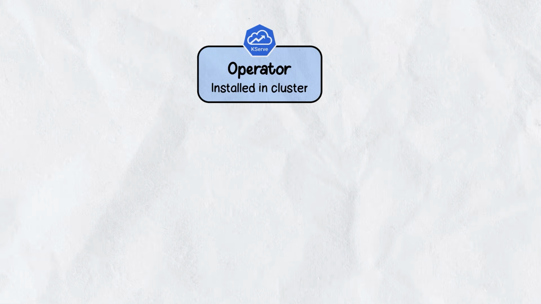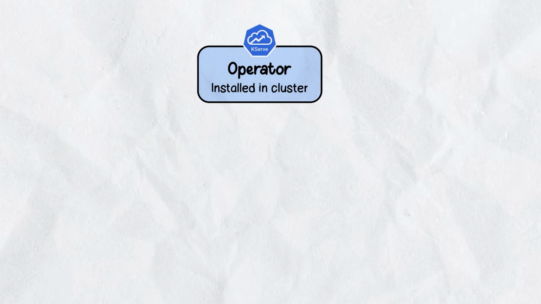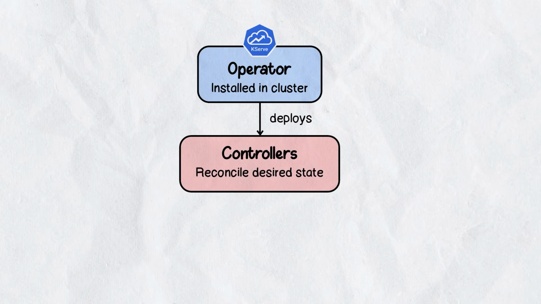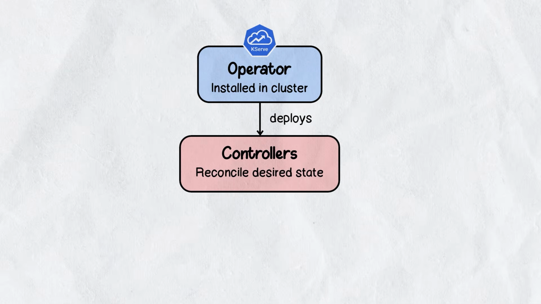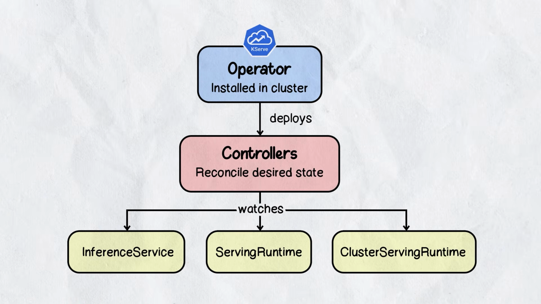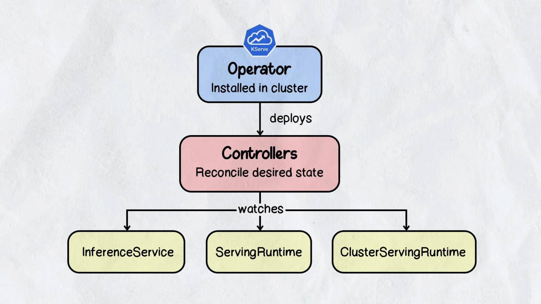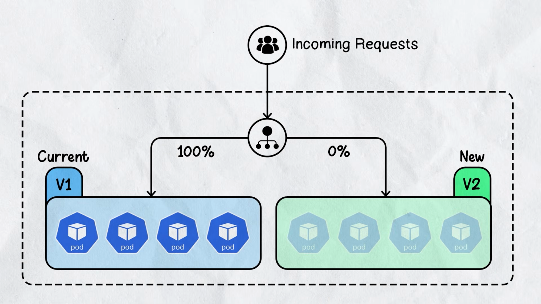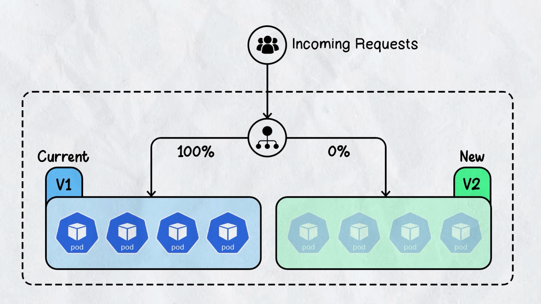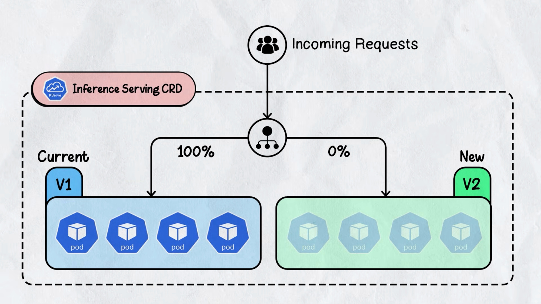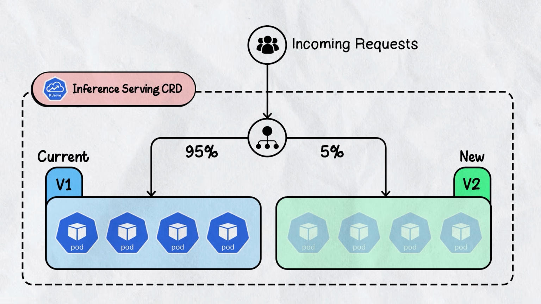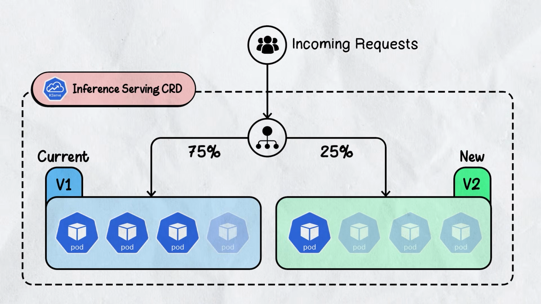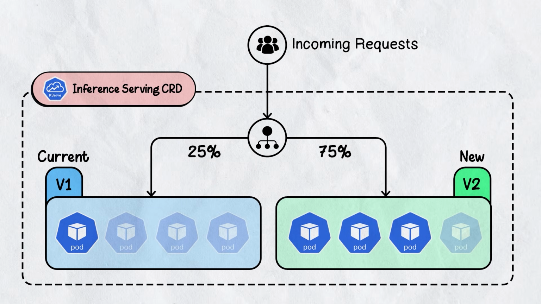Again, KServe is bundled as an operator, and when you install it, it deploys controllers to watch custom resources like inference service, serving runtime, cluster serving runtime. These operator controllers automatically manage a bunch of things. In addition, it helps you apply deployment strategies for different model versions. For example, KServe's inference service CRD can add canary routing, where you can route just 5% of traffic to a new model version, watch the metrics, and ramp up only when it looks